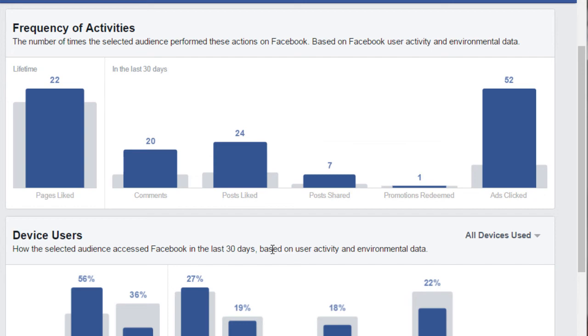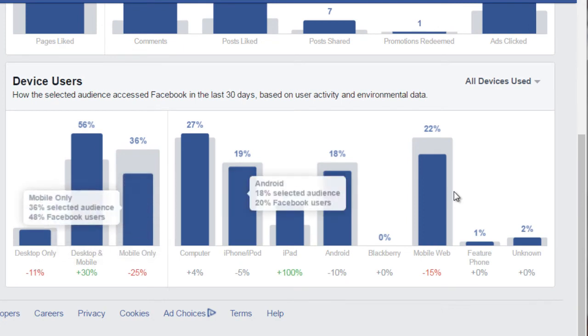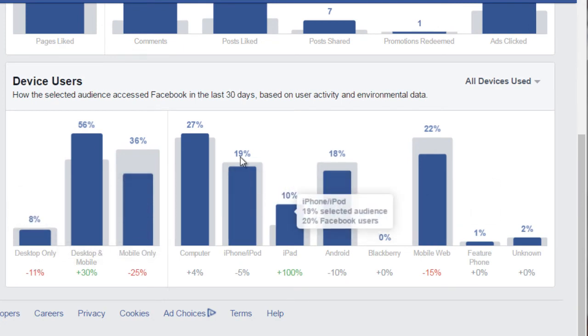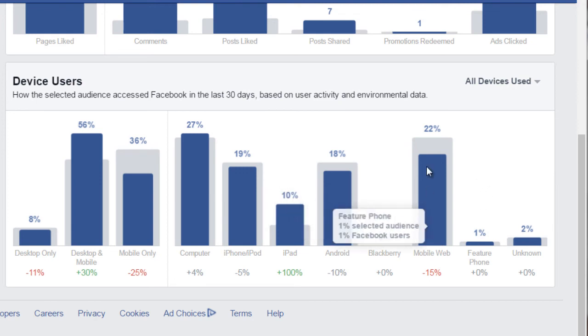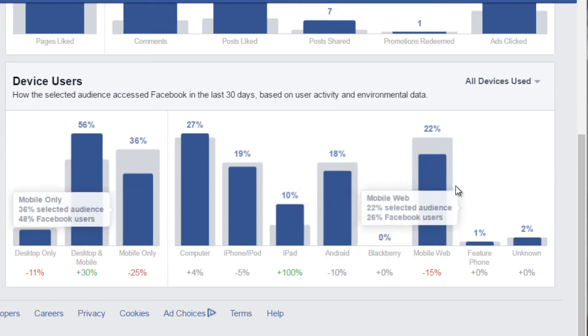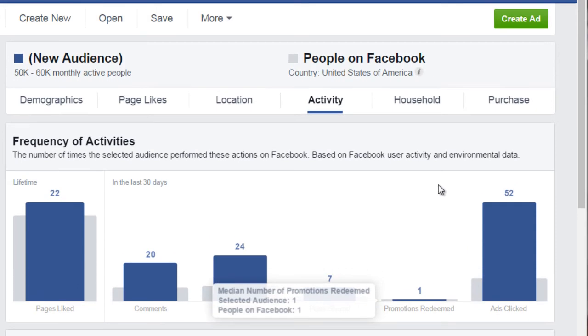If they're willing to click on an ad, they're most likely willing to be interested in purchasing. Now you can see device users. We can see iPads, which I'll tell you right off the bat, if somebody has an iPad or some sort of device like that, that means that audience typically has some form of disposable income and they're willing to spend money on extra devices or items.